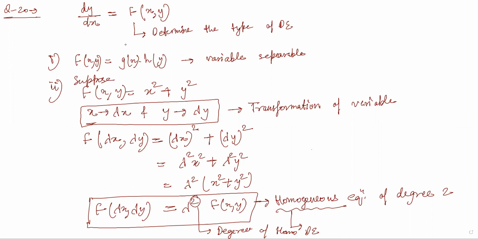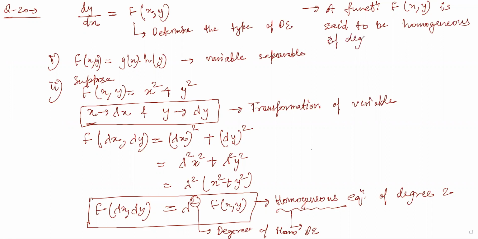Now the proper definition is: a function f of x comma y is said to be homogeneous of degree n, if after replacing,